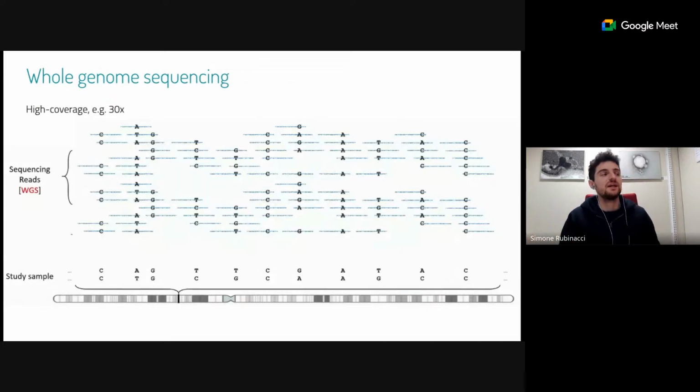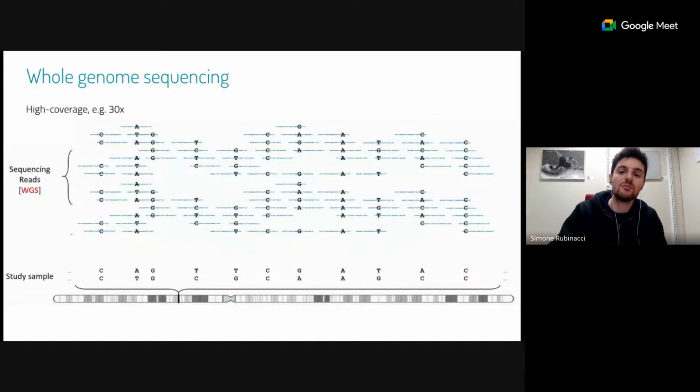Interestingly, and maybe surprisingly to some of you, similar approaches can be used for sequencing data as well. Here I'm showing a cartoon to give an idea of what high coverage whole genome sequencing looks like in a simplified IGV plot, where variant calling is fairly easy because we have high coverage individuals, especially when talking about SNPs and indels in this case.